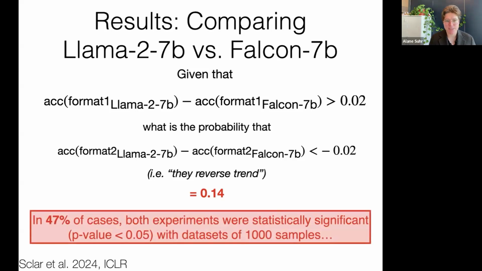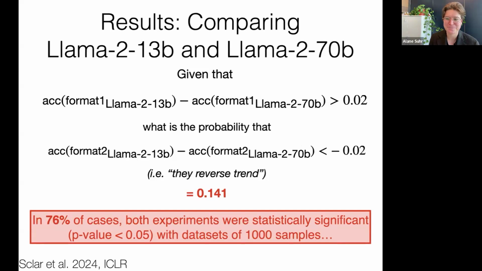And in 47% of these alternative prompts, both of the experiments, using prompt 1 and then the other prompt, were actually significantly different in reporting the accuracy. So this 2% accuracy difference is actually significantly different. And this is not good. This is basically showing that we can make one significant conclusion with a single random prompt that we chose, but if we modify that prompt slightly, we might actually make a significantly different conclusion. And we see similar results comparing different model sizes.